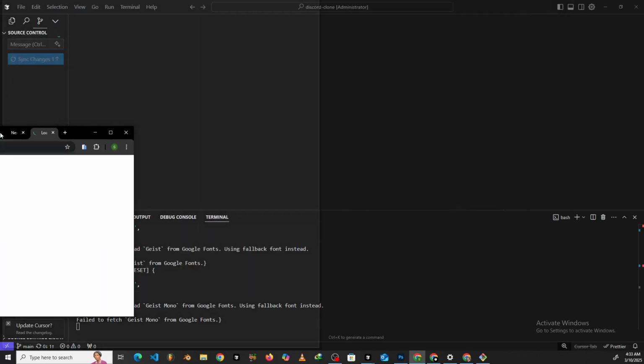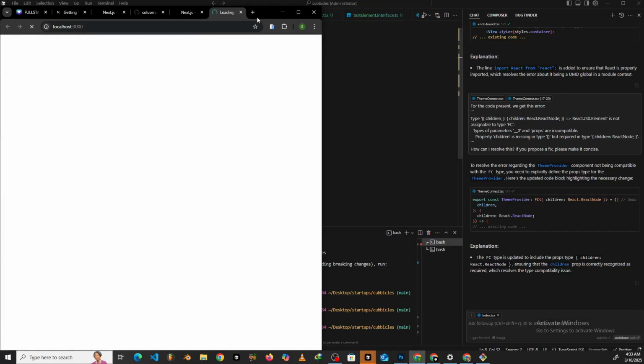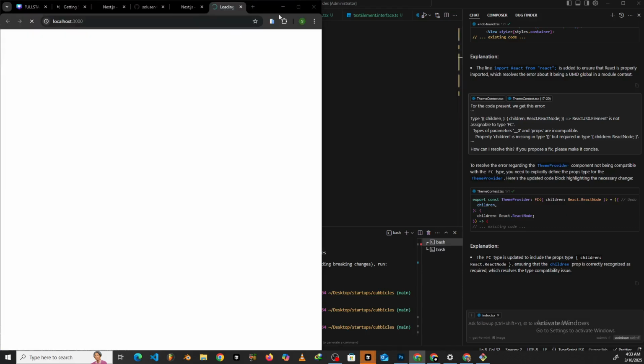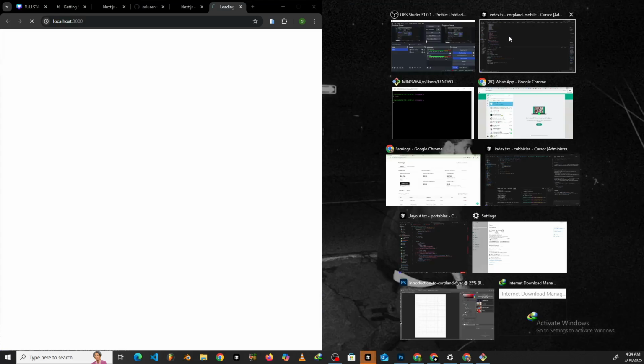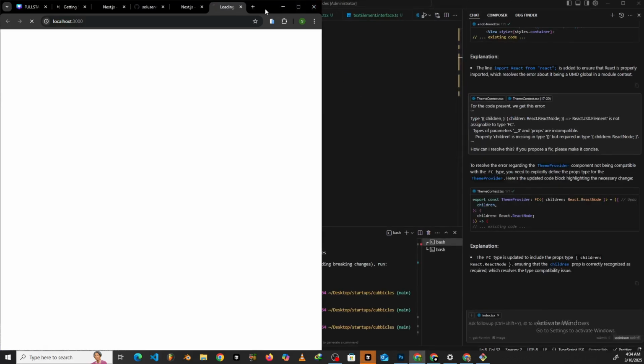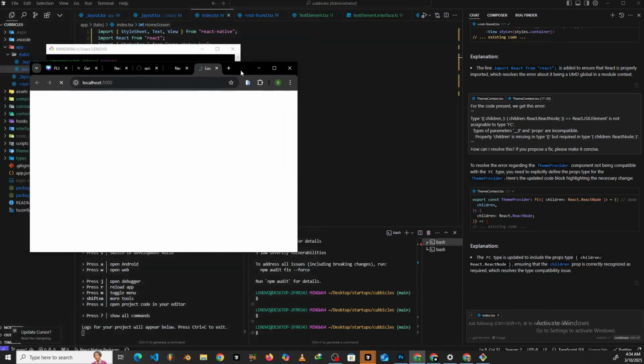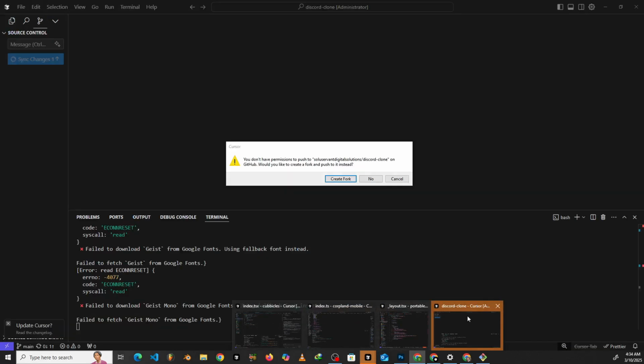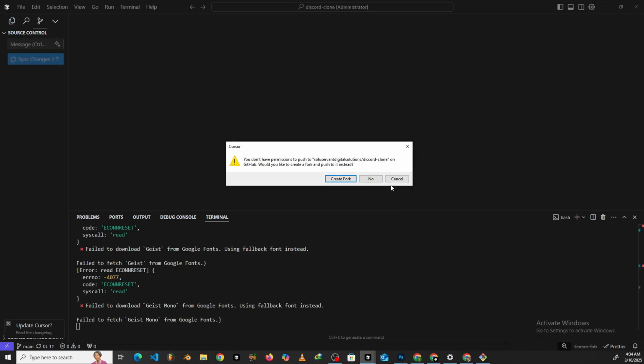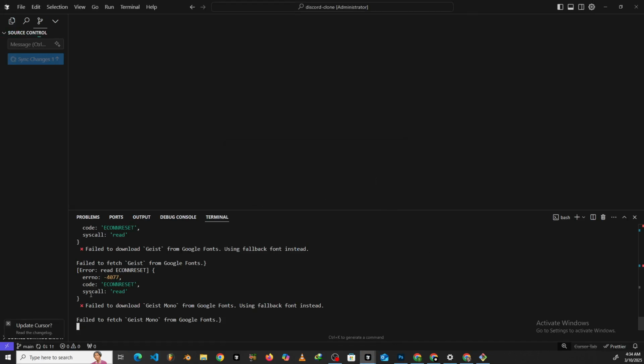Okay, so I can see that it's still loading up. What we can do is we can just split the screen as usual. Where is that project? It's still behind. Okay. Oh, yes. So the reason is I think I need to add